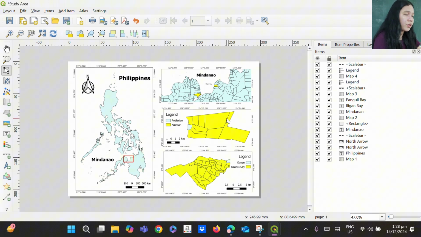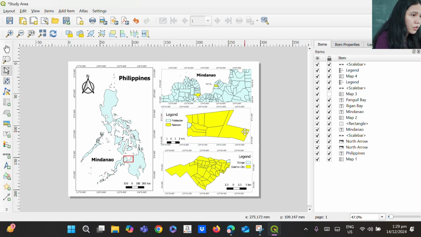So if you don't have any features to add, you just need to adjust or edit the map. So unlock this one so that you can edit this. So that is okay. And then for the second map, it's okay. Third map, you need to adjust this one up right here. You can lock this. The legend I'm going to adjust also, as well as the scale bar.